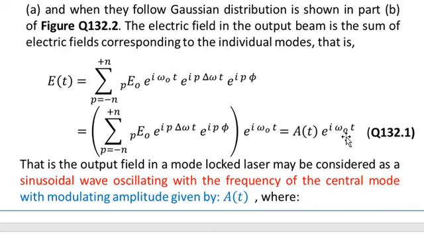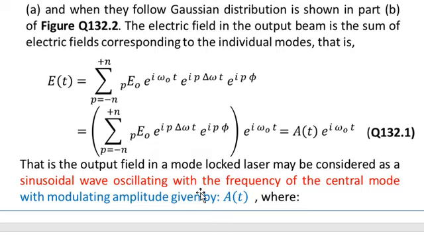And this e to the power iota omega naught, if you take its, for example, sinusoidal part, then this becomes a sinusoidal wave, for example sine of omega naught t, or you can also write it as cos of omega naught t. Then you see that sine of omega naught t will be multiplied by this modulating amplitude. So this term can be interpreted as that is, the output field in a mode locked laser may be considered as an oscillating sinusoidal wave, that is this wave,